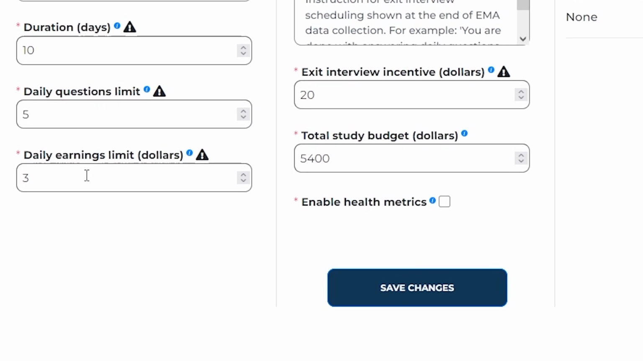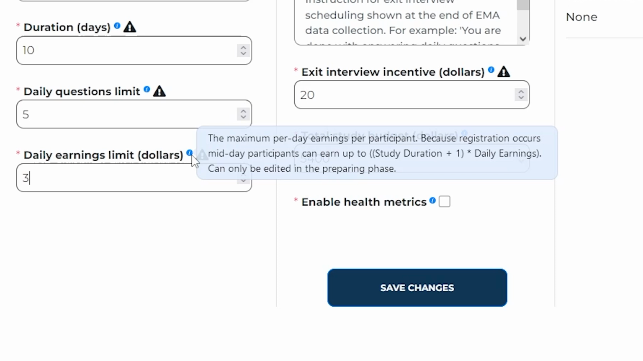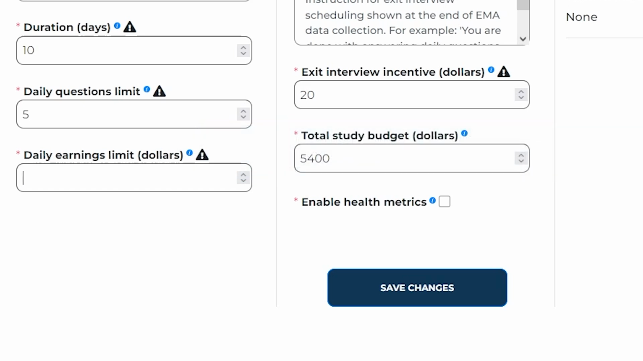The daily earnings limit, as you might expect, determines how much can be earned by a participant per day of data collection, expressed in US dollars. Note that, since a participant will most likely enroll midday, this incentive will always amount to, at most, the study duration plus 1 times the daily earnings limit. We will set it to 5, which means each participant could earn up to 11 times 5, equaling $55 in